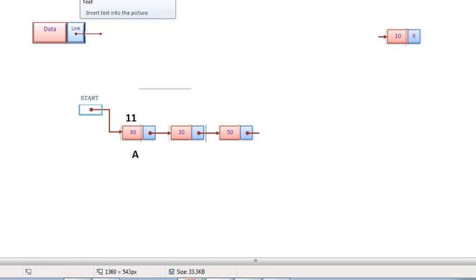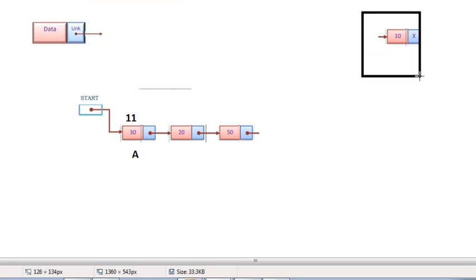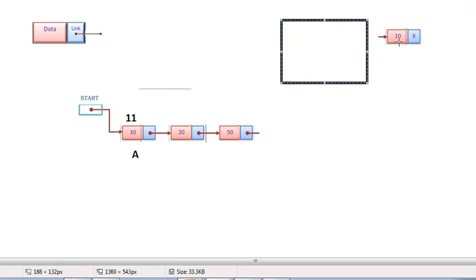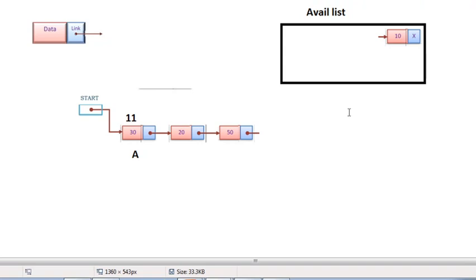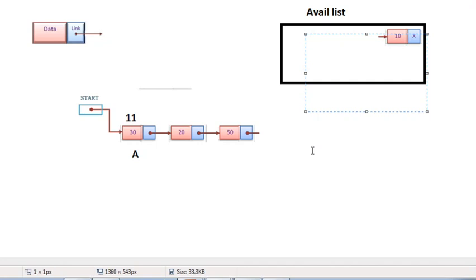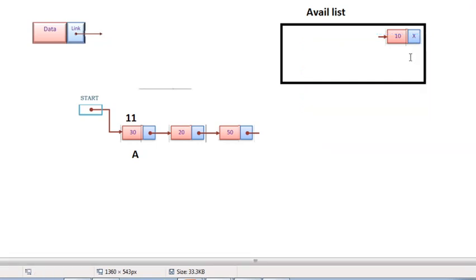It will be placed in the avail list. The avail list is one memory area where we place deleted nodes. Now, to insert a node into the linked list, the deleted node should be inserted into the linked list.